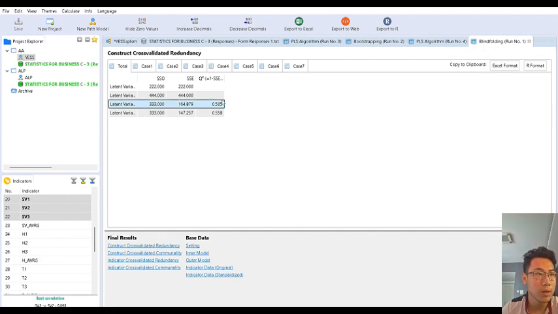The second one is rho_A. There's also one value which is not reliable. But for the average variance extracted, almost all of them are above 0.7, which means the data is reliable.